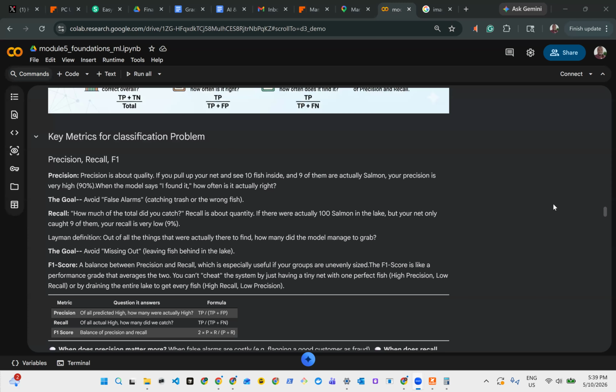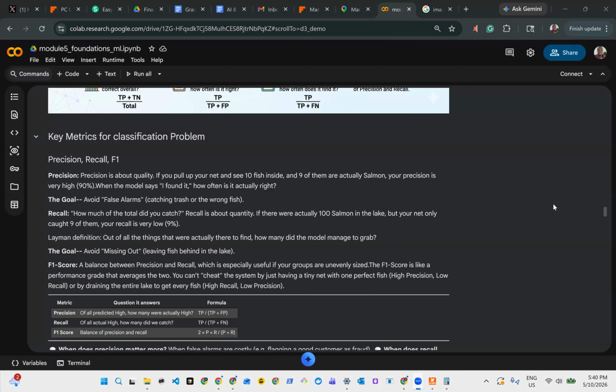You don't want to use some measure of accuracy or precision or recall alone, but you want to use the F1 score in that scenario in order to evaluate your model, before you say a model is performing pretty good, especially when you have unbalanced data or an unevenly sized data population. The F1 score is like a performance grade that averages the two. So you can't cheat the system by just having a tiny net with one perfect fish,